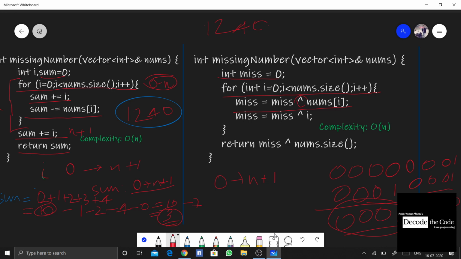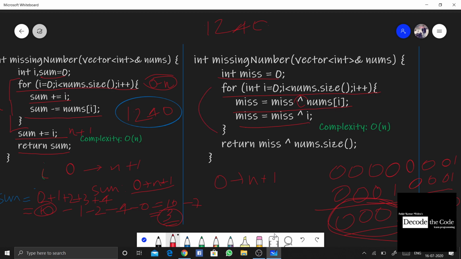Now that is 1. This is the binary representation, and the equivalent decimal number would be 1. And then we are going to even XOR the i, and the i in this case is 0. So if you are just going to XOR 0 again, you again end up with this only. There is nothing else that's happening.